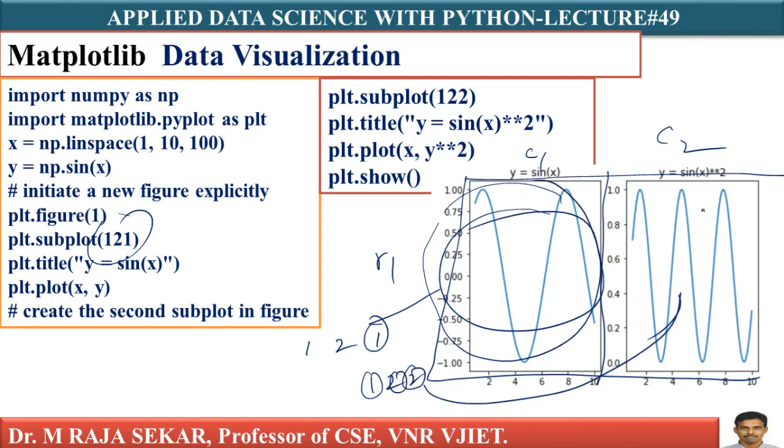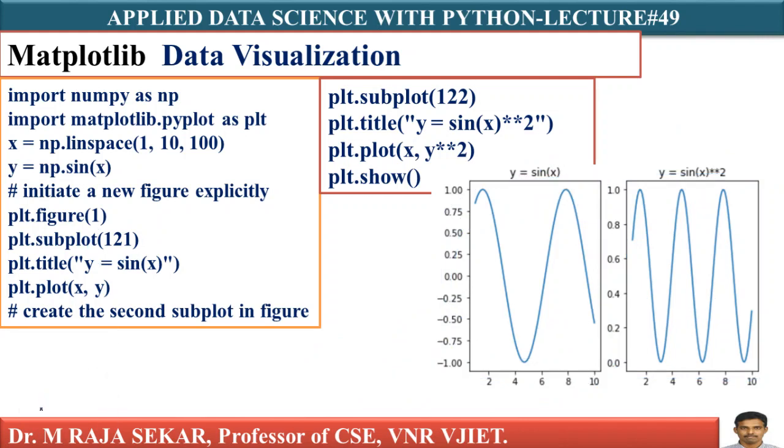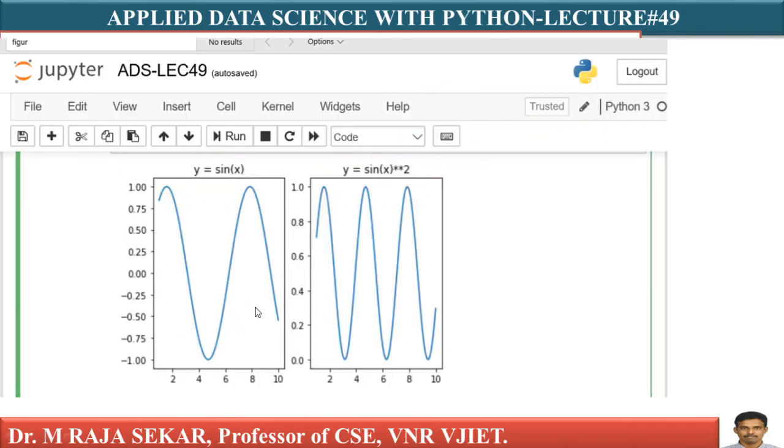We are keeping two different plots, one after the other, so that you can compare. As I told you, you can estimate the spread of COVID-19 in males and females. There are so many real-time applications where you can make use of this concept. I am keeping the same output on a separate slide so that you can view it with a little more clarity.